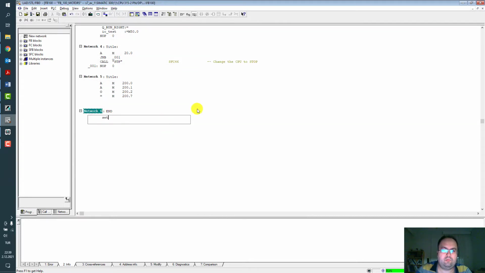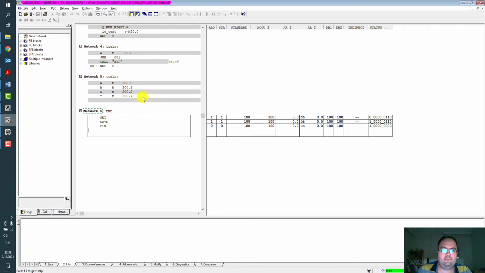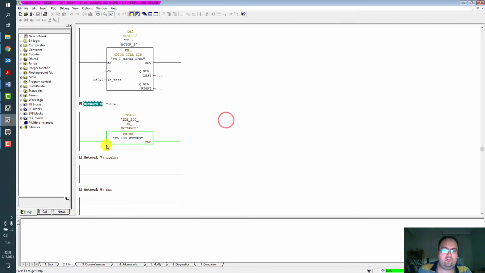And when I add some program like set, save, clear, and download, yes, and right here you will see the effect. Our BR bit is set to true, and now my rectangle of function block is green colored.